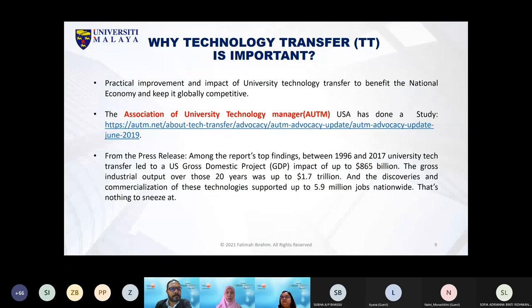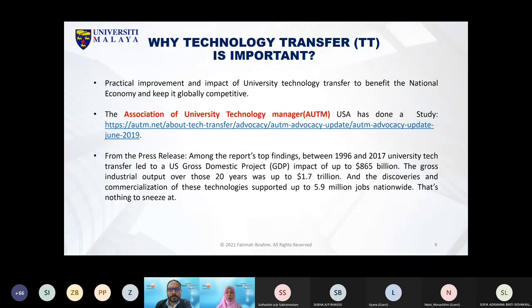This is what I would like to share with you from my mentor, John Fraser, who gave inputs to me because he was the president of the Association of University Technology Managers, which we call AUTM, in the United States. They conducted a study regarding the importance of technology transfer. You have to listen to this because the numbers are very, very awesome. According to them, among the top findings in the report, between 1996 and 2017, university technology transfer led to the United States gross domestic product